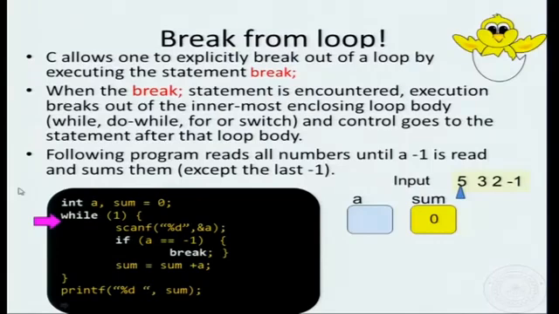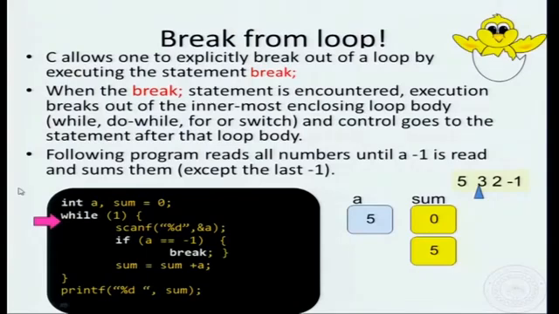Initially a is undefined, it is just declared, so it has some garbage value, and sum is initialized to 0. Let us say that the input is 5, 3, 2, -1. While 1, so 1 is true, therefore you enter the while loop, you scanf the first number, so a becomes 5, a is not minus 1, therefore you go to sum equal to sum plus a, so sum becomes 5, and then you go back to